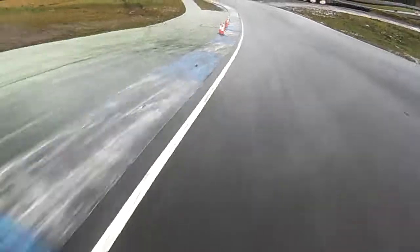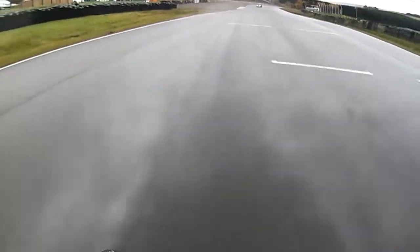He did win the first heat of the race, so this makes it 2 out of 2, and can he make it 3 out of 3 by winning the final? But here he comes, he's coming through Leslie's for the last time of asking. He's coming up the straight, a bit of a bass curve, and the car goes light and sideways over the top. He keeps his foot planted this time, and he heads up towards the chequered flag,